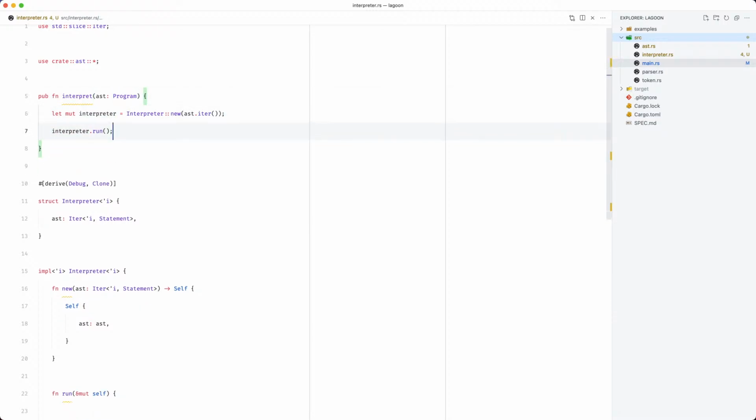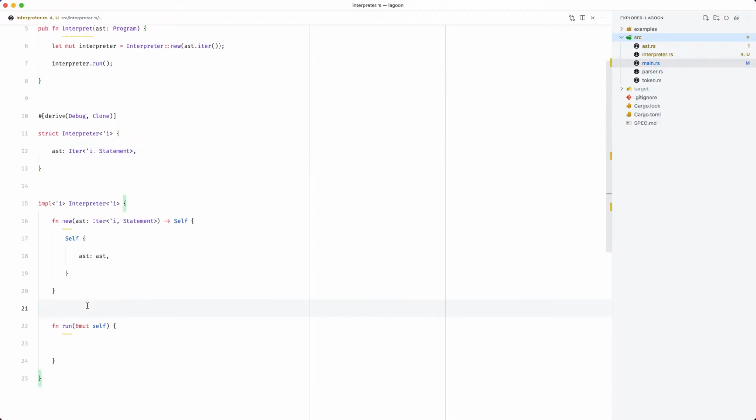And for now, we're not going to do any error handling, but later on we can do that. So what does run need to do? Well, in essence, run is just going to loop over or take those iterable values, so the statements, and evaluate them. So the best way to do that is to use a while loop.